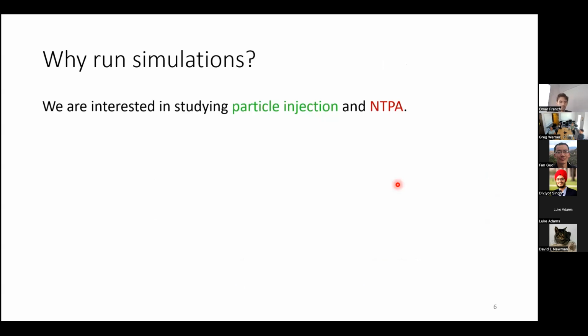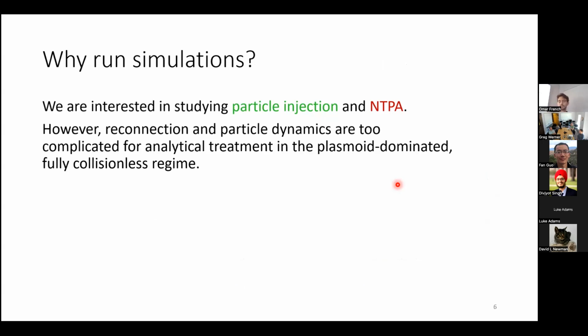The question is, how do we investigate particle injection and non-thermal particle acceleration? What we decided to do is to run simulations, and we have pretty simple reasons for this. The reconnection and particle dynamics are too complicated for an analytical treatment, which is more conventionally used in a collisional, maybe not plasmoid dominated